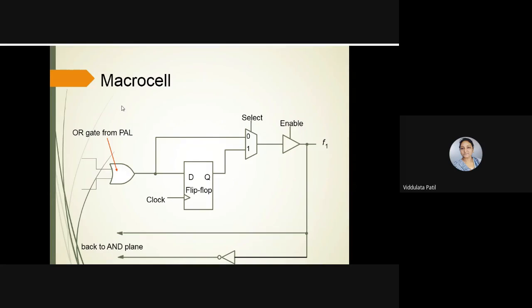Now this we discussed while discussing MAX 7000. So at that time, this is the macro cell where the output of a PAL